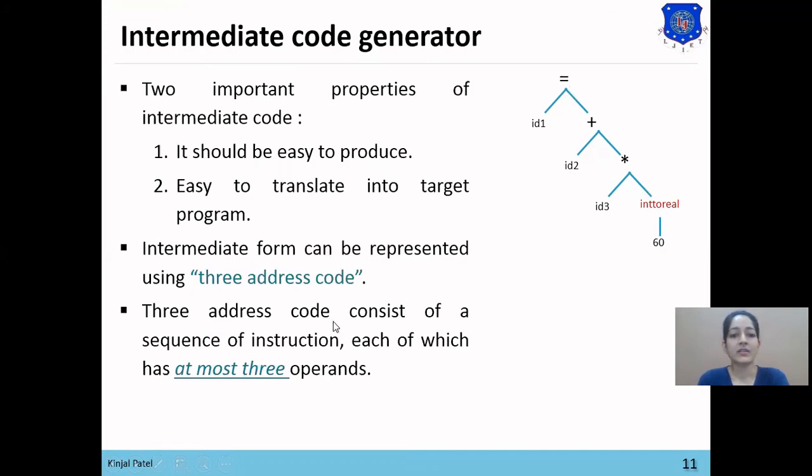So three address code means an expression which has at most three operands in it. In this expression there are four operands. So this expression is four address code, and we want to convert this expression into three address code. So now this parse tree will be passed to the intermediate code generator. So it will generate three address code from this expression. So first,